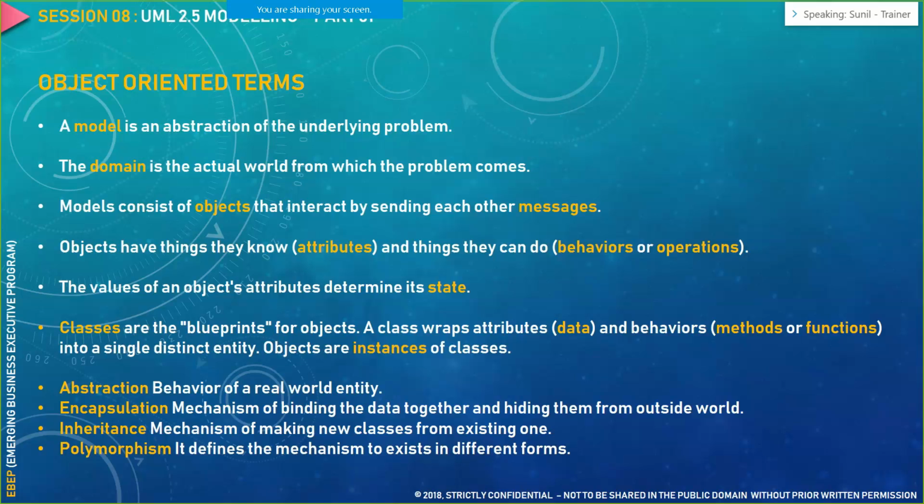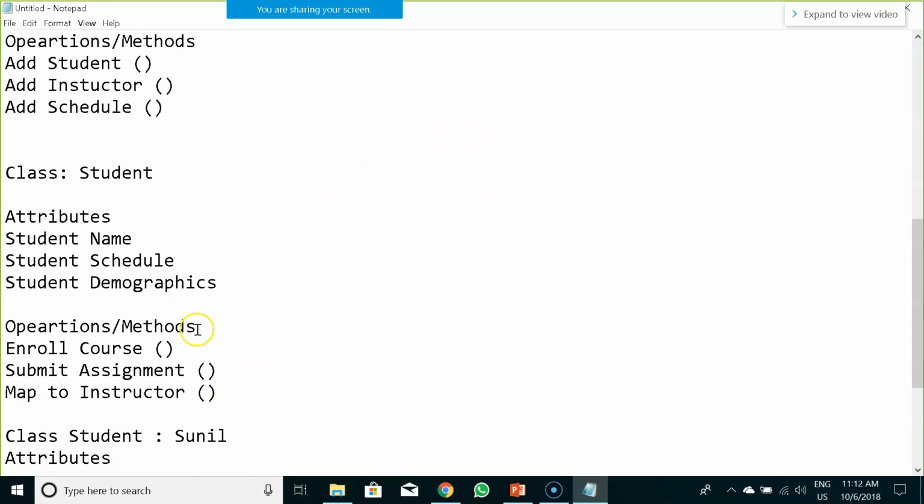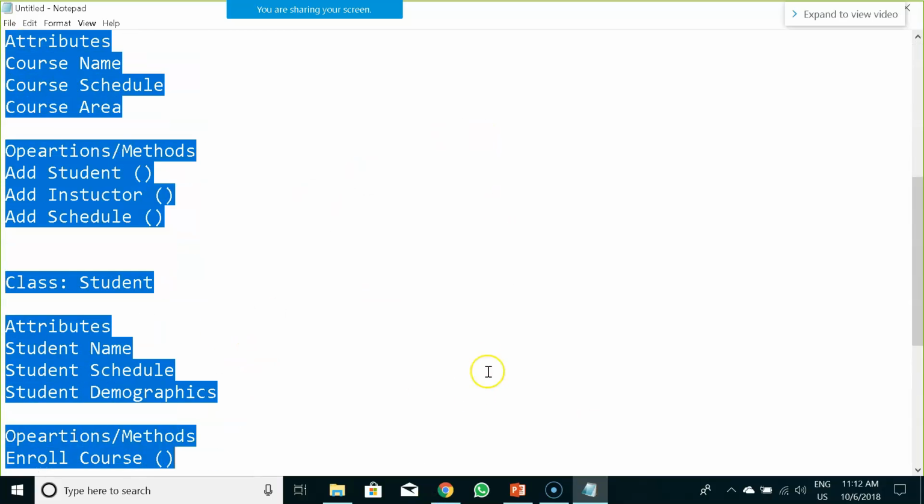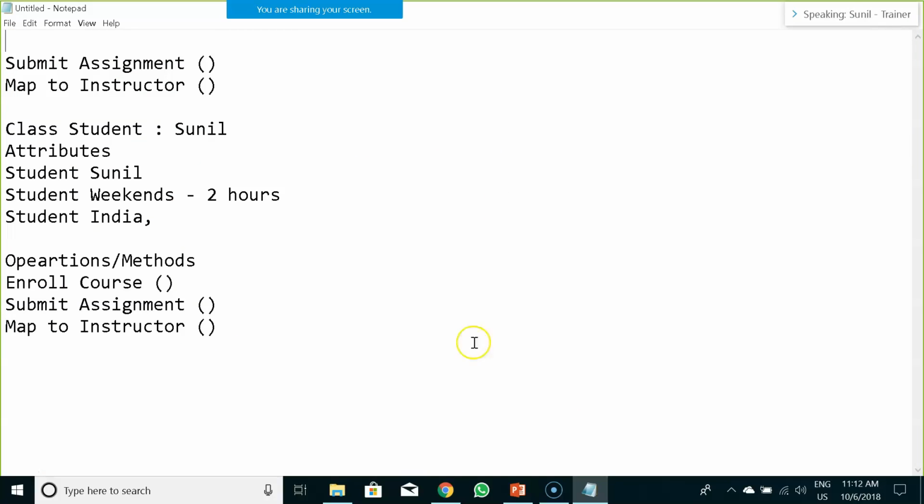Here is the first example. We'll take an example of Facebook.